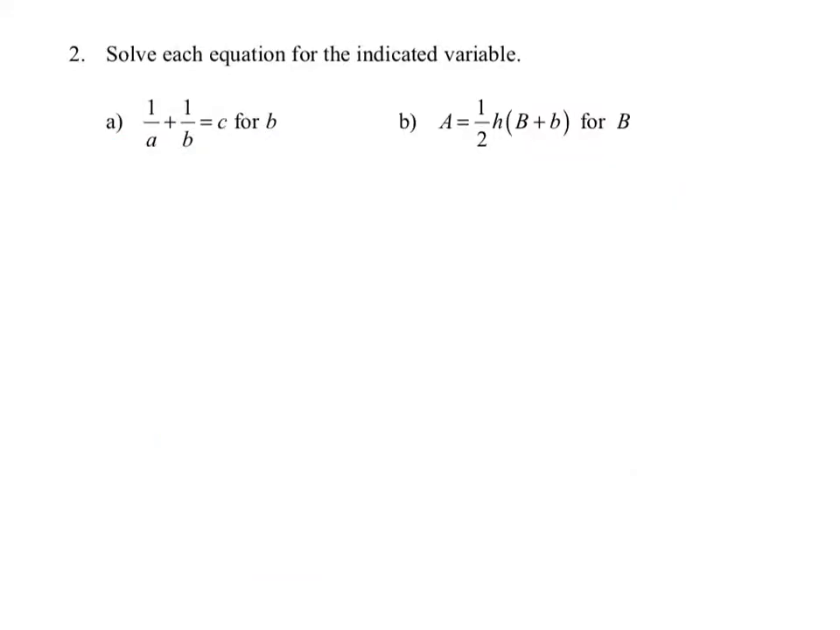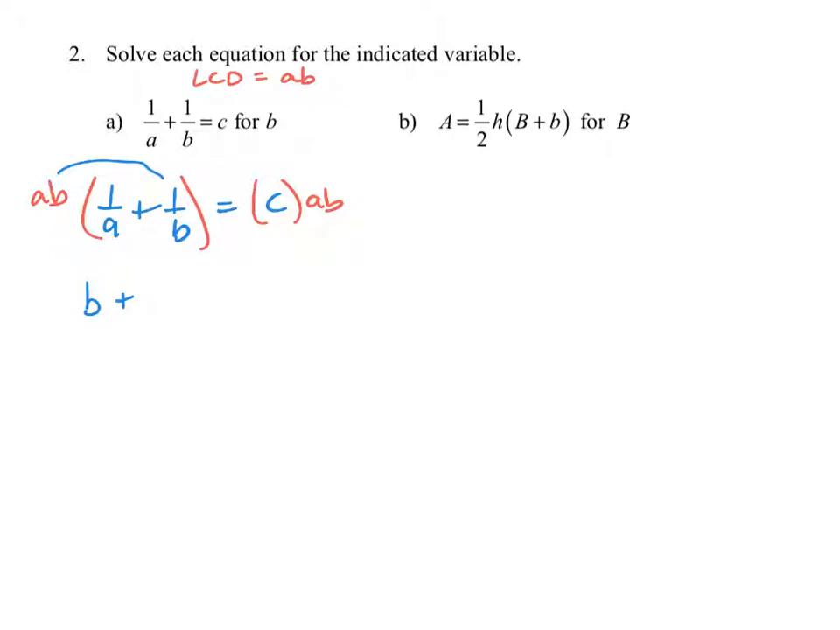In these examples, we're solving each equation for the indicated variable. These are rational equations, so we do want to multiply both sides by the LCD. The LCD, for example A, is A times B. We're going to multiply the original equation, 1 over A plus 1 over B equals C, multiplying both sides by the LCD of AB. When you distribute AB times 1 over A, the A's will divide out, so we get B. Distributing AB times 1 over B, the B's will divide out to get A